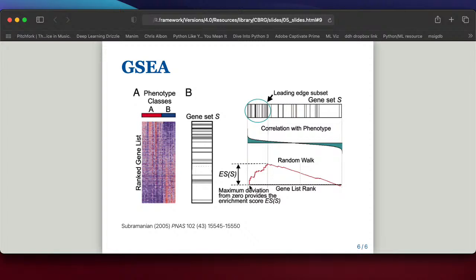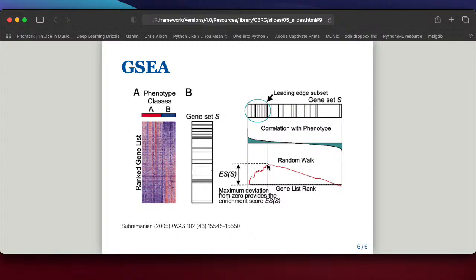And then I see my first gene that belongs to gene set S. And it's a pretty high rank. It's up here. So I'll add a proportionally high number. Oh, and then I see 2 or 3 more. Great. So I'll continue to add my number. But then there's a stretch of no gene set S genes. So then if you don't see any gene set S genes, you subtract. So then I go down. But then there's a big cluster of gene set S genes here. So I keep adding. And then it's just kind of like sparse territory with a few genes, but they're all low ranked. So I go down. And so that way you get this kind of distribution.